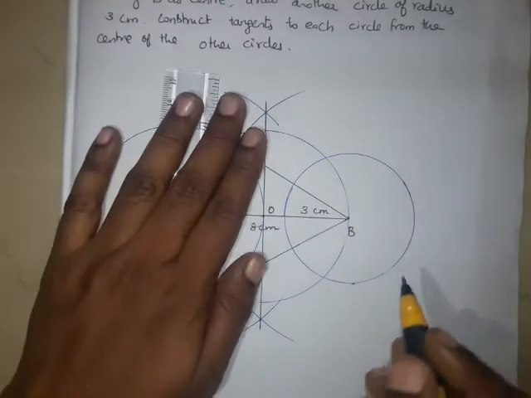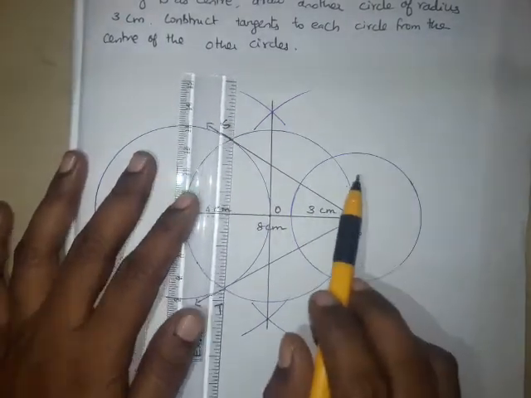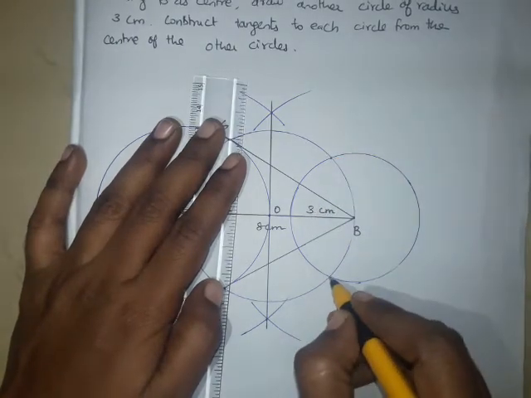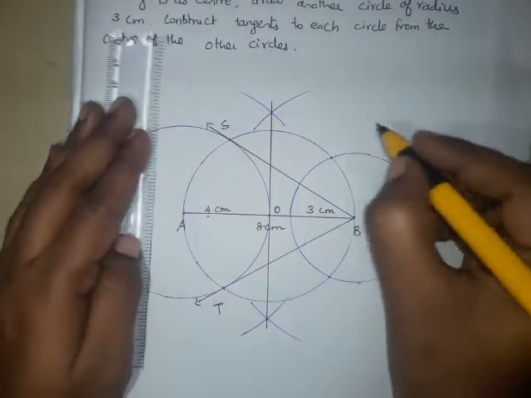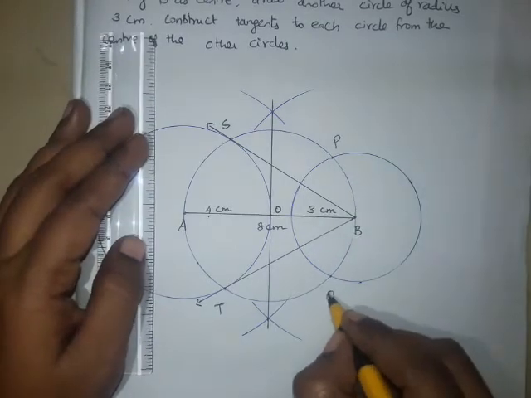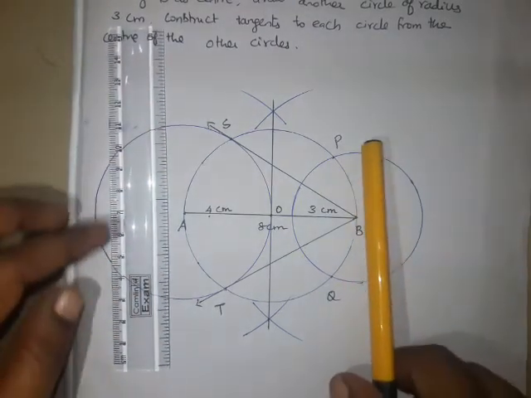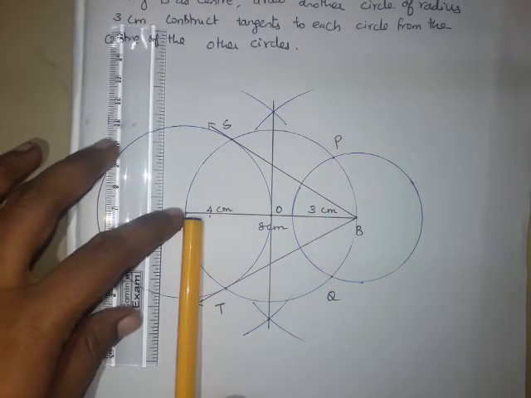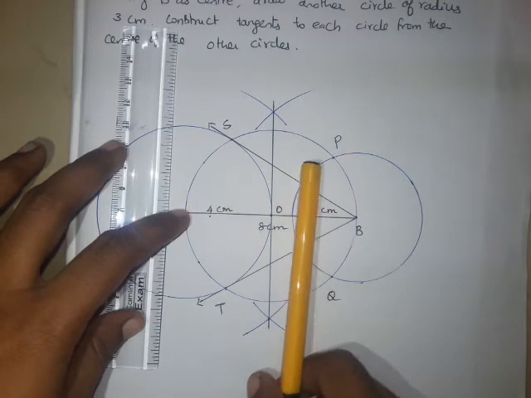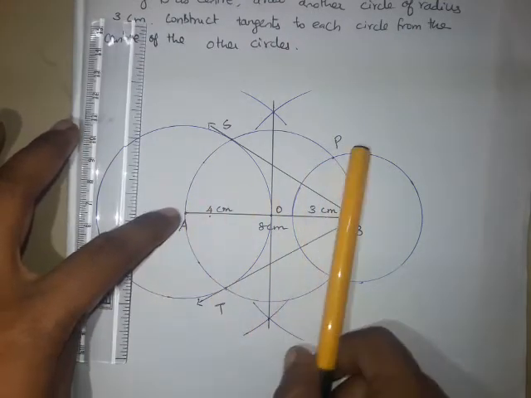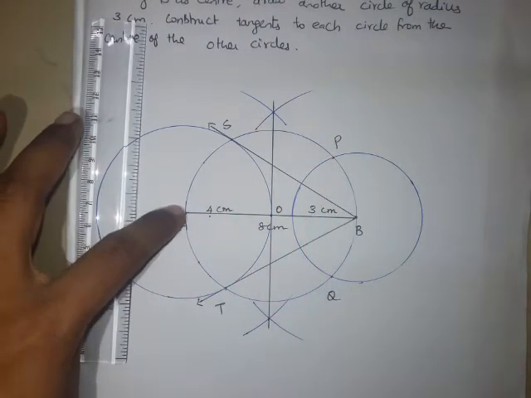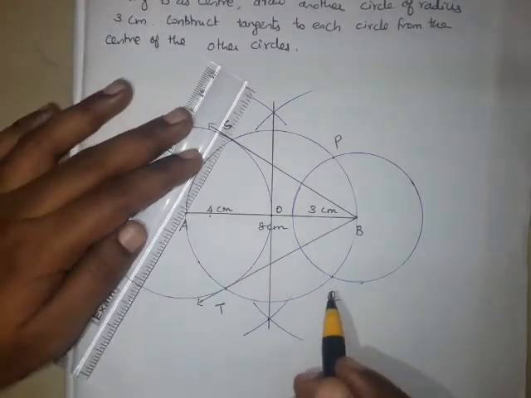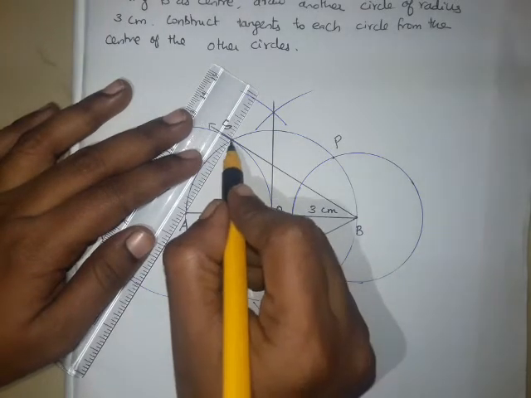Again, just consider the small circle, 3 centimeter circle, and the new circle. It intersects at the points P and Q. Now these are the 2 tangent points from the point A. B is the small circle 3 centimeter, A is outside point. Now you can draw again 2 tangents from these 2 points. Okay, I will connect later, but first I solve the justification of the 4 centimeter circle.